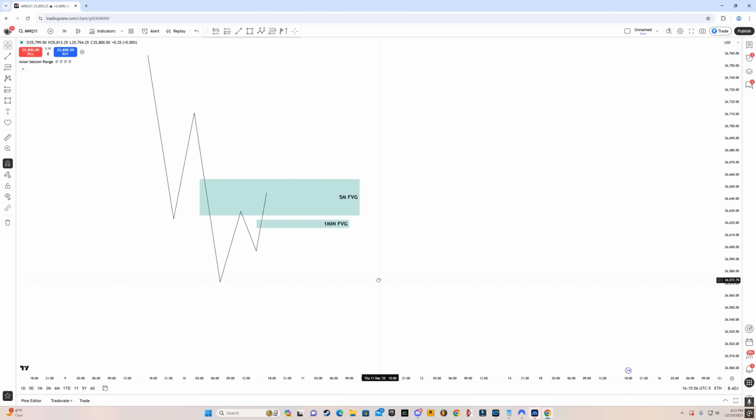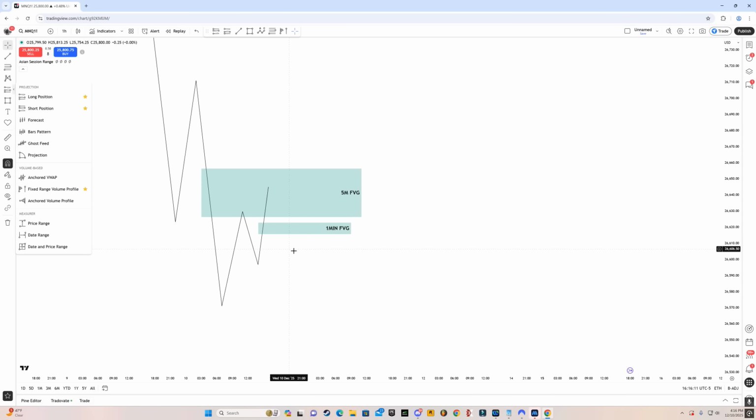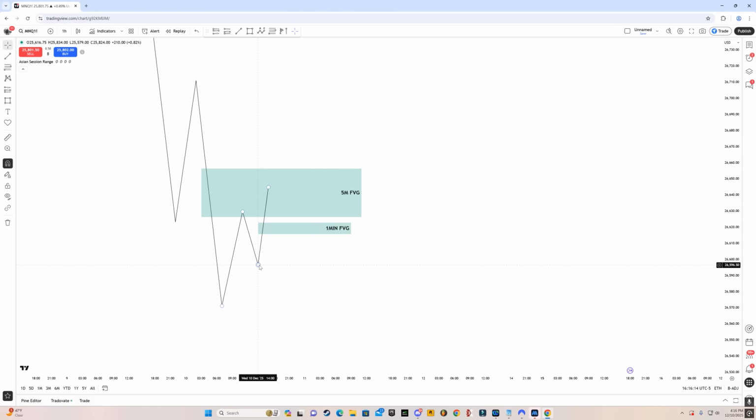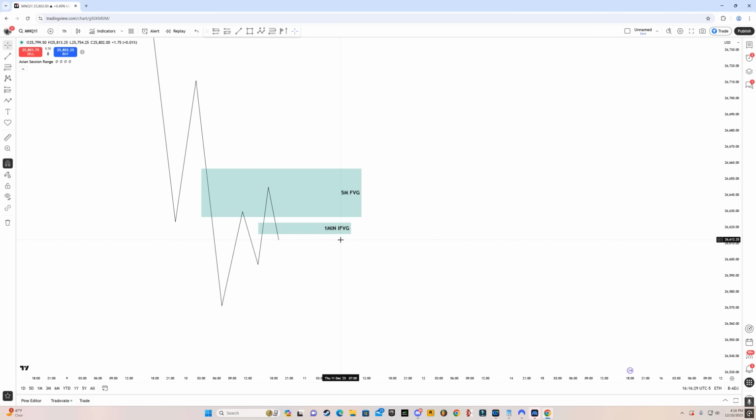Okay, perfect. So when we have our clear draw on liquidity, which is to the downside, after 9:30 a.m. price has created a 5-minute fair value gap. And when price is inside the 5-minute gap, what you want to do is simply drop down to 1 minute and then identify a fair value gap in this leg from this dealing range low to this dealing range high, right? And the next and final step is that you want to wait for price to inverse below this. Meaning a candle should close below this fair value gap. And when that happens, this becomes a 1-minute inverse fair value gap. Okay, so the bullish fair value gap is inversed.